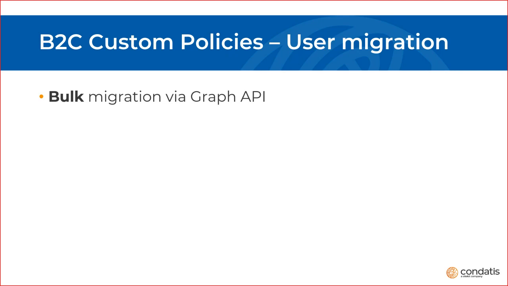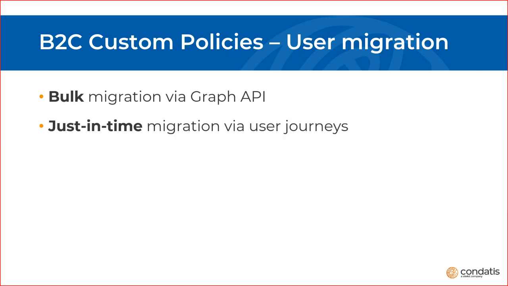So it's a pretty common requirement, and the first, most obvious way is to do it in bulk ahead of the first user signing in. Typically that uses Graph API to directly write to the Active Directory. The downside there is the time it takes if there's a lot of users, but also handling things like password migration can be tricky. Chances are your existing system will hash the passwords so they can't be read by any staff members. They're secure if they leak. If that happens, it becomes quite awkward to migrate that into B2C.